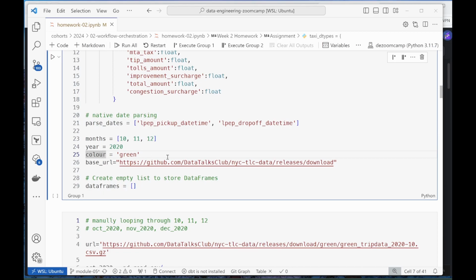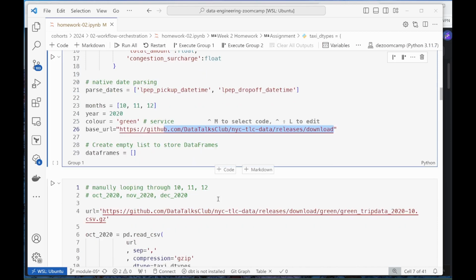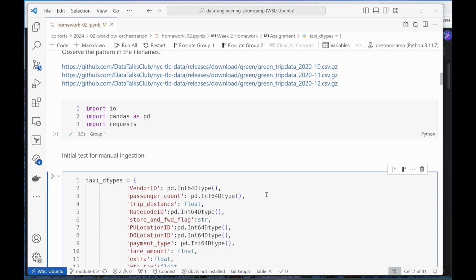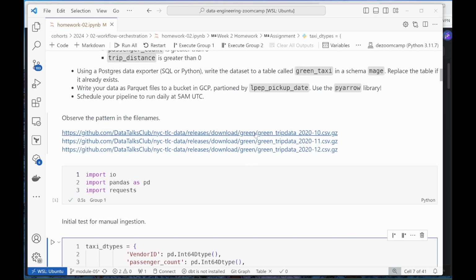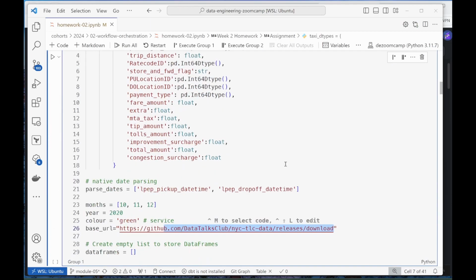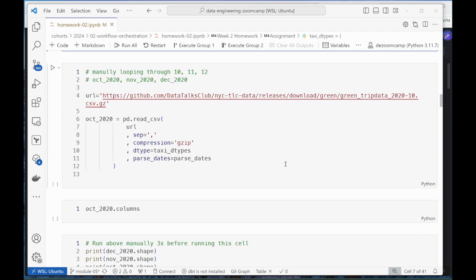So this is actually service in subsequent modules. So the base URL is where the URLs don't change, right? So as you notice in the pattern, it doesn't change up to this download string. So the service color would determine the folder and the file name. So then I